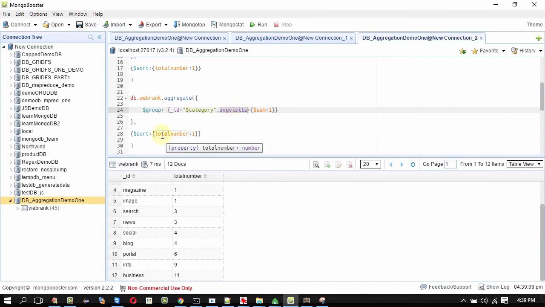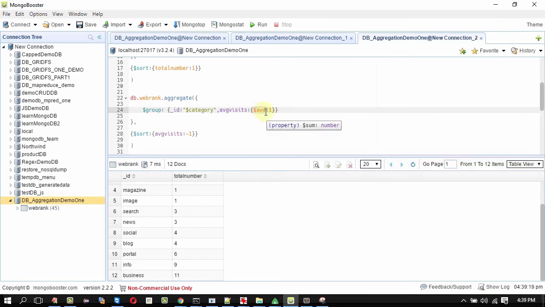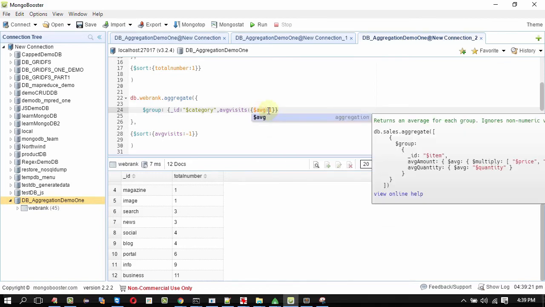I'm going to use the same sorting here, but in descending order. Instead of sum, I'll be using the average operator. You can see how average works here.